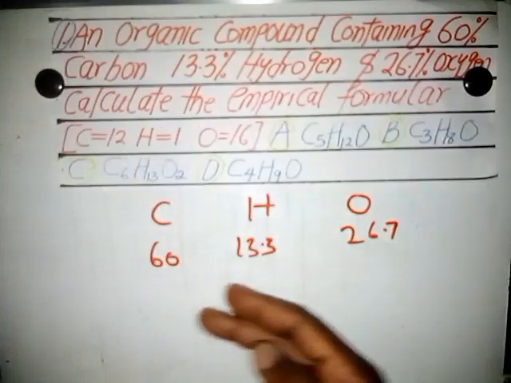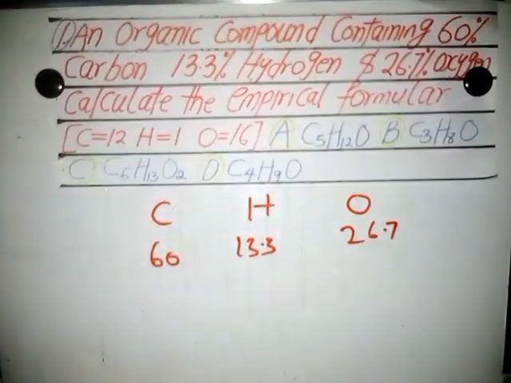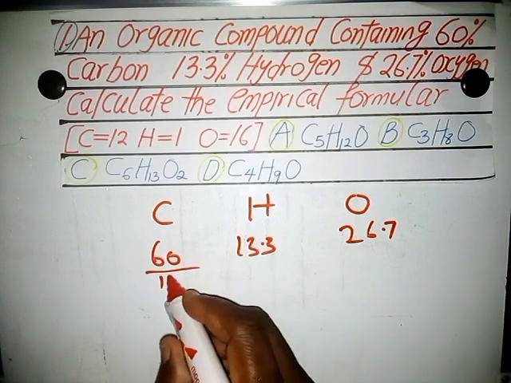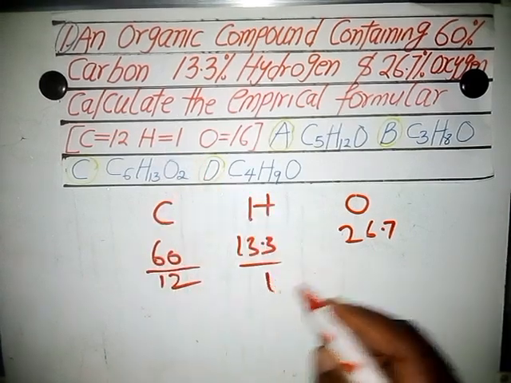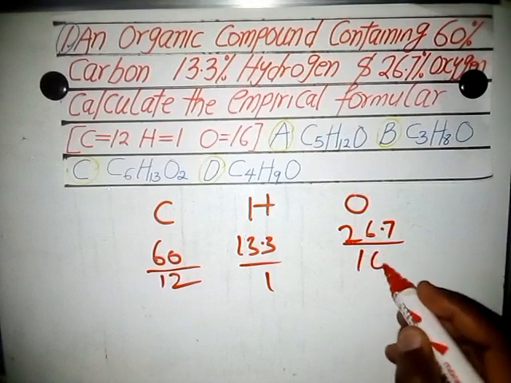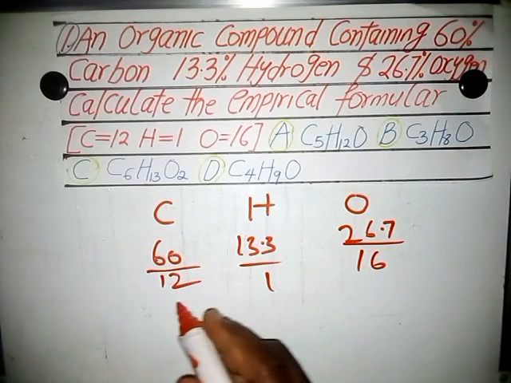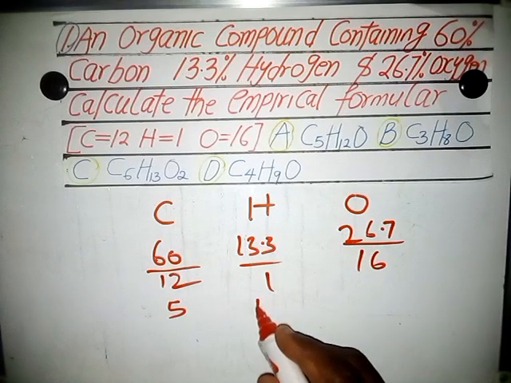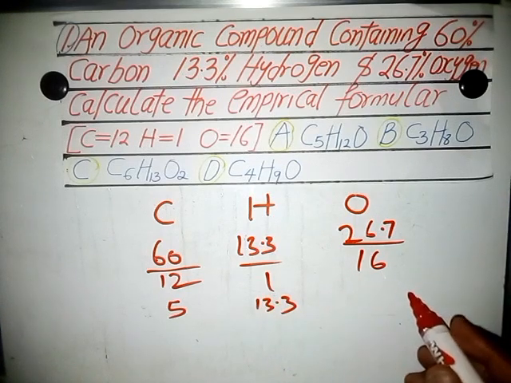So I'm going to divide each of them by the atomic masses. This is divided by 12, this is divided by 1, this is divided by 16. When I do that, here I'm getting 5, here I should get the same 13.3, then here I should get